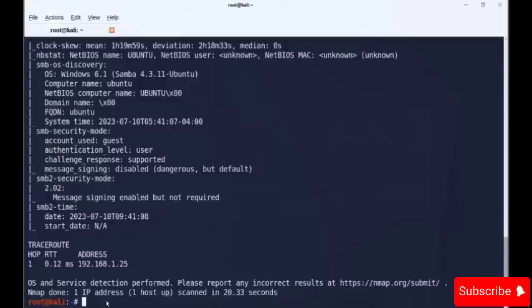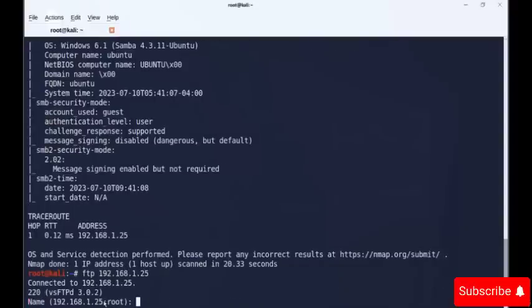Now notice one thing. The target system is running the operating system Ubuntu, which is a Linux flavor, and it also has an open port called FTP. And see, FTP sends data in plain text, using port number 21. So it's a serious security issue. So first of all, let's use FTP. We are connecting with the target system using FTP.